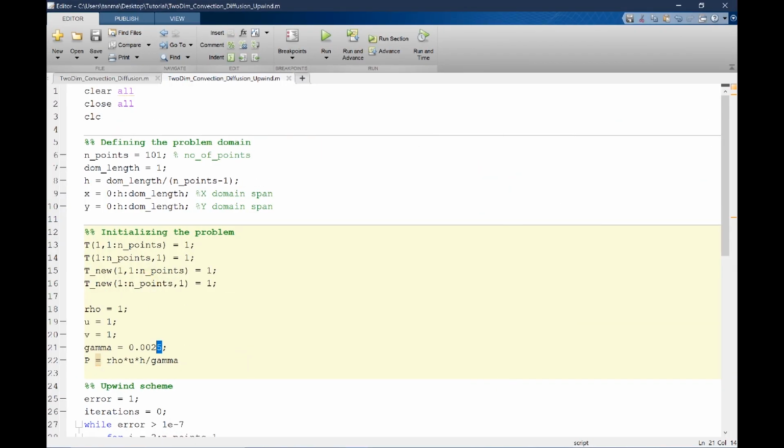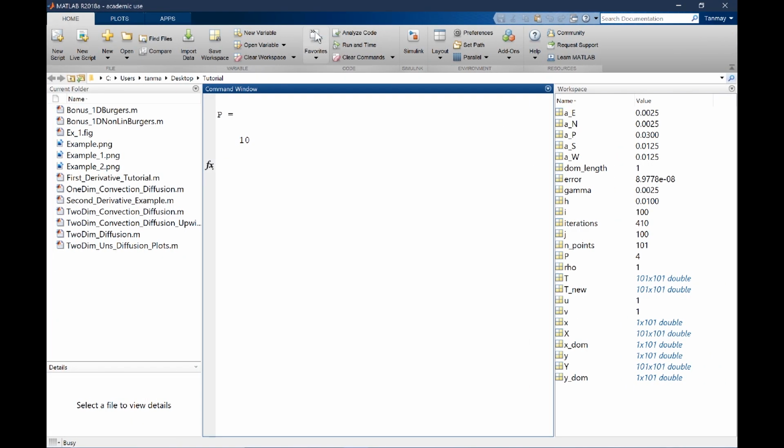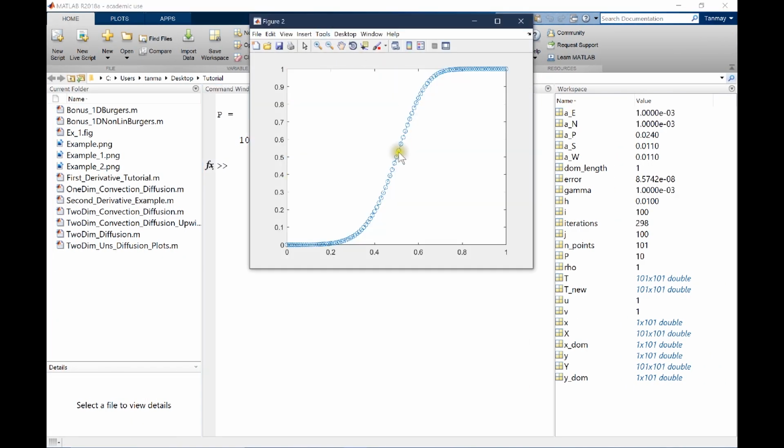And you can have the same thing if you keep going higher. When you go for a higher value of Peclet number, you would see that the diffusion in this profile becomes less and less, but the upwind scheme is accurate only up to a certain extent, so you'll not see a very sharply changing profile. Equivalently, if you really want to see that sharp change because of very low diffusion in the problem domain, you have to use a higher order accurate scheme such as the QUICK scheme.